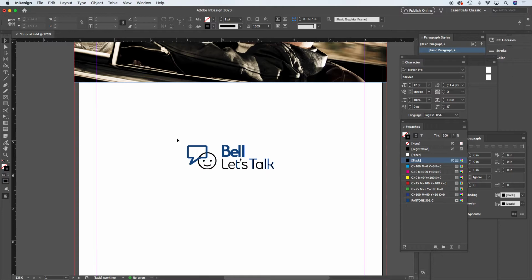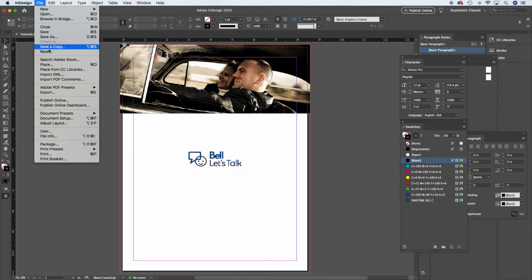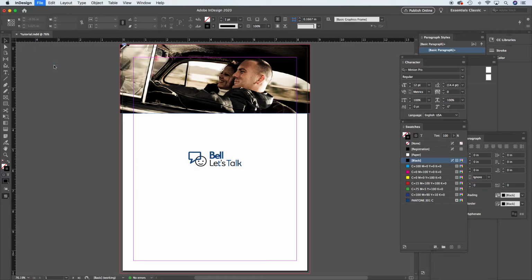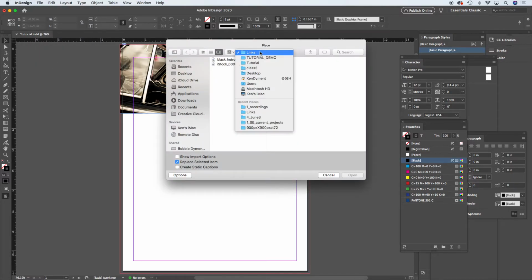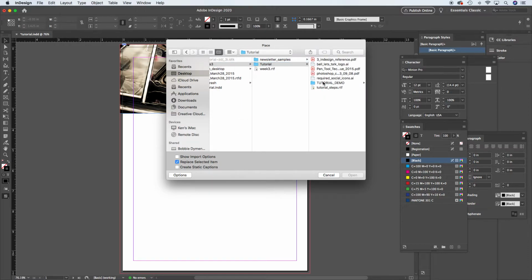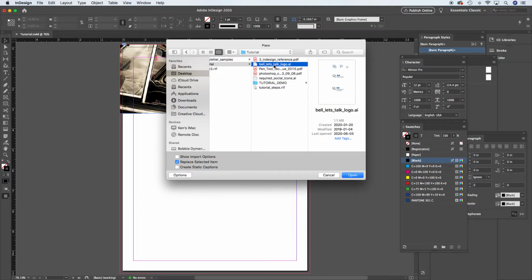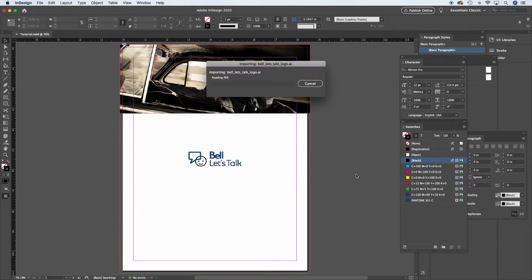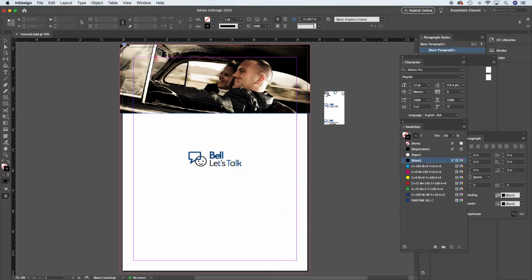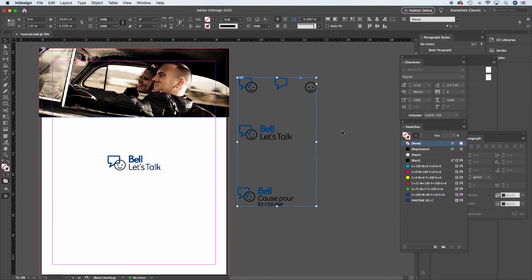So if I were to go to File and Place, and I go to my folder where I have that logo, there it is. So that's the Illustrator file. I can place that file in, just like an image. The problem with that, you can see I haven't clicked yet, but it's going to bring in all aspects of that file. I don't need all of them, but also when it does that, you'll see that it's coming in